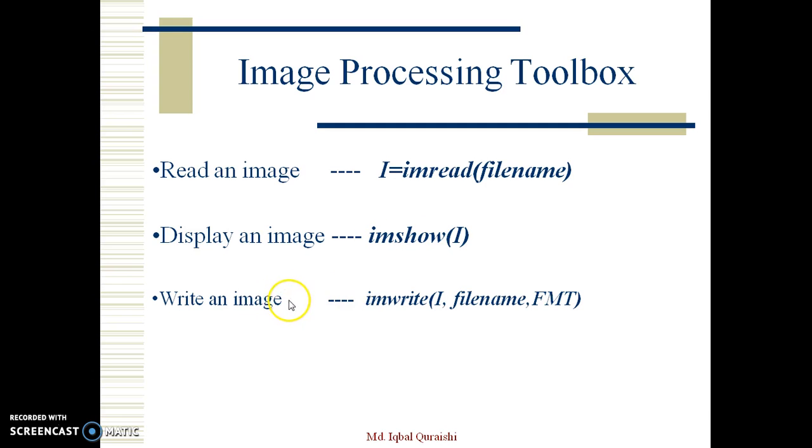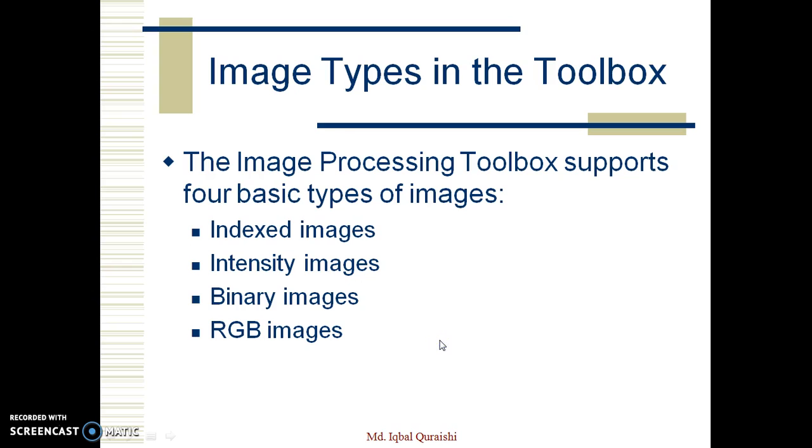Now if I want to read an image, I must write imread with the file name, and it will return a matrix containing the details of each pixel value in the variable I. If I want to show it, we can simply use the method imshow. If I want to write an image to our system, I can use the function imwrite, passing that matrix I with the file name and then the format specification, the type of image that you